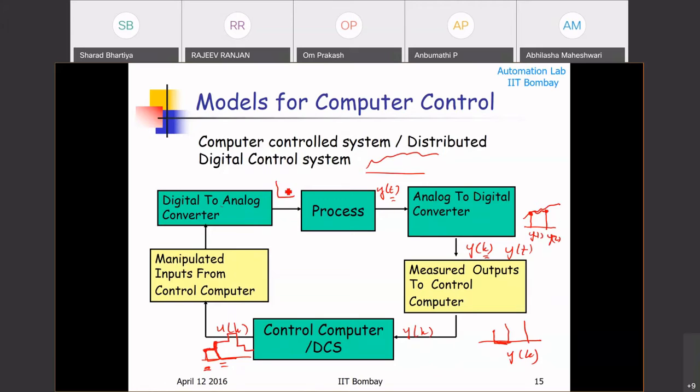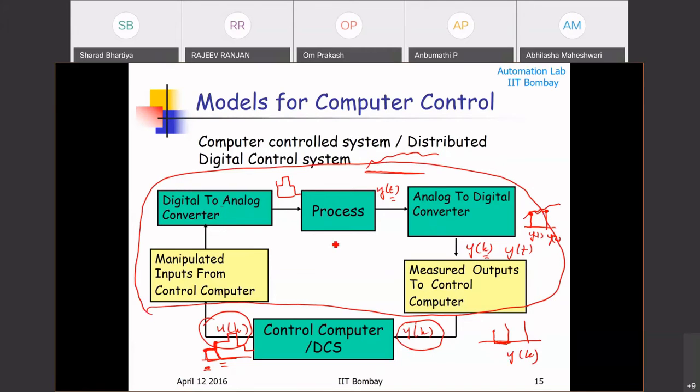So what goes inside is again a staircase kind of input. And what you get out over here is a continuous input. So when we say we are modeling between u of k here and y of k here, all these have got subsumed in my model. So all of this is part of my model. It's not just the process. The process was here. What has got subsumed is also the time. What has got subsumed is any other kind of signal conditioning that might be happening over here. Okay, so the model is really between u and